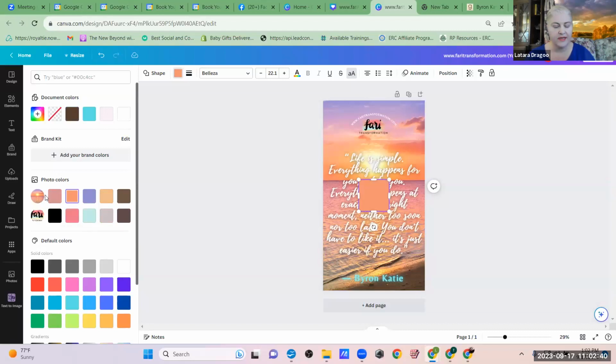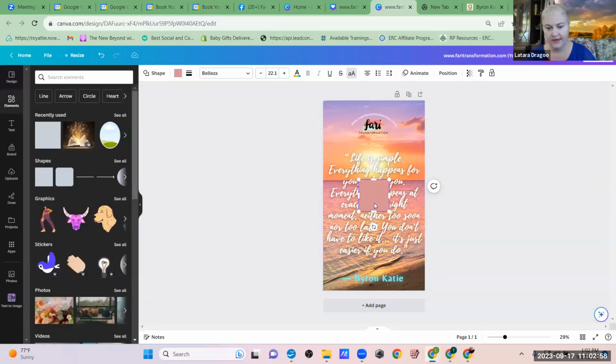You can click on one of the colors. If you have a graphic in the background or a logo, it automatically shows you the colors that would coordinate with that. So it's really easy to match colors that way. So if I do that, or maybe go with a shade darker, there we go. Let's try that. Now grab this box